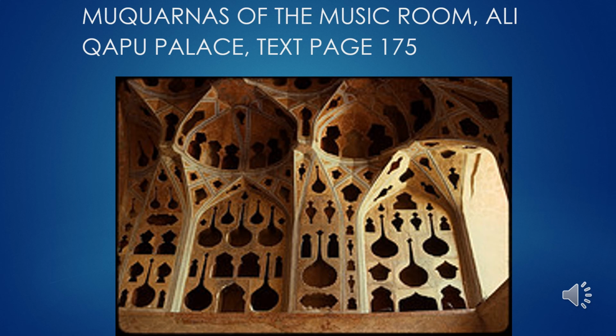So they can be used in a large way like this music room, or sometimes in a small detail like we saw with the mihrab in the Blue Mosque. But again, this is a merquana. And this particular one has an interesting acoustic value because you've got all these shapes of traditional Persian instruments used to create interesting sound effects for this music room.